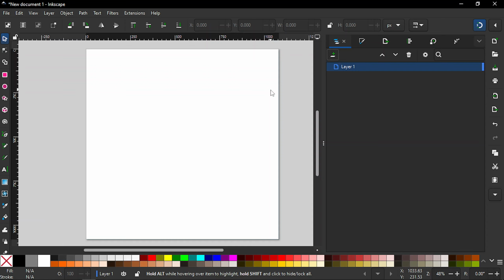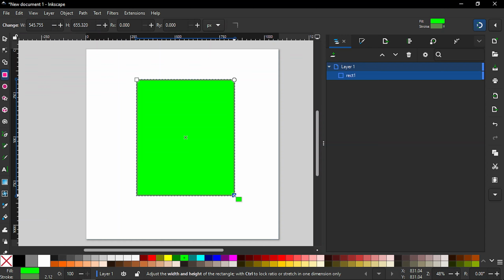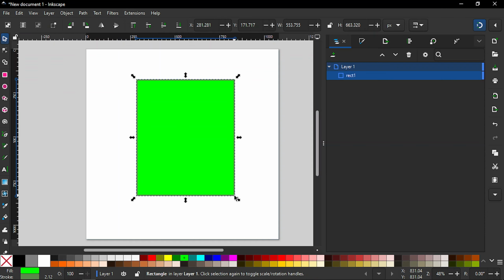Alright, so first of all, what we will have is a rectangle. So let's go ahead to the rectangle tool by pressing R on our keyboard. So let's have a rectangle. And let's go to the selector tool by pressing S on our keyboard, and let's get rid of